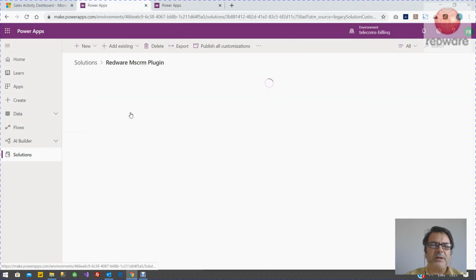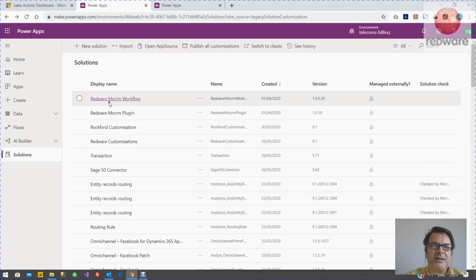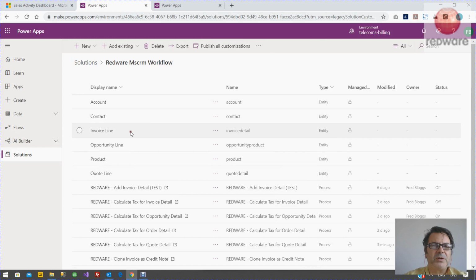Now the plugin one just has the plugin in, and that's code that we control. And the reason that's in a separate one is that you can update that individually another time. But the workflow you can control. So what the workflow is doing is each of these,